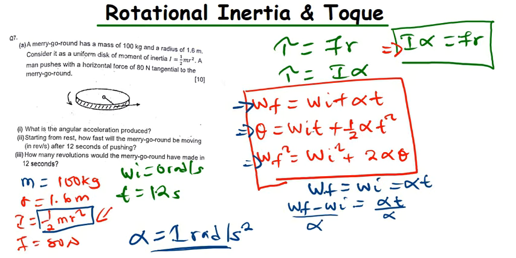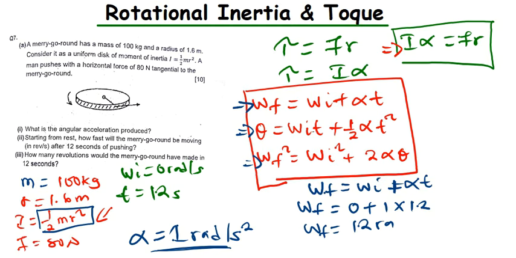We are trying to find the final, and we have the time. Let's just plug in directly. So the final will be, the initial is 0, plus acceleration is 1 times the time is 12, so the final will be 12